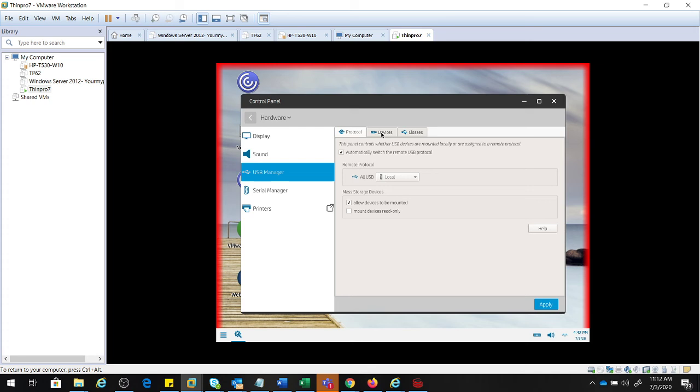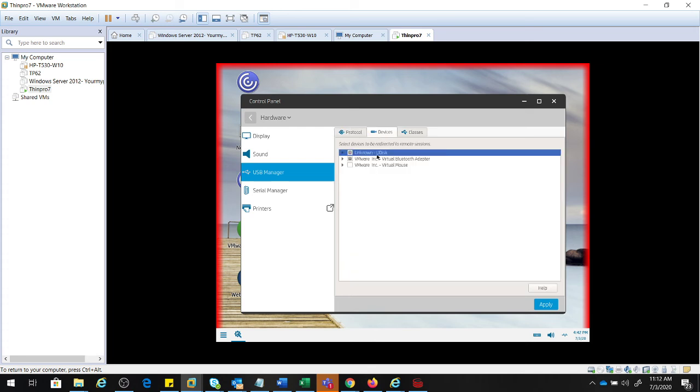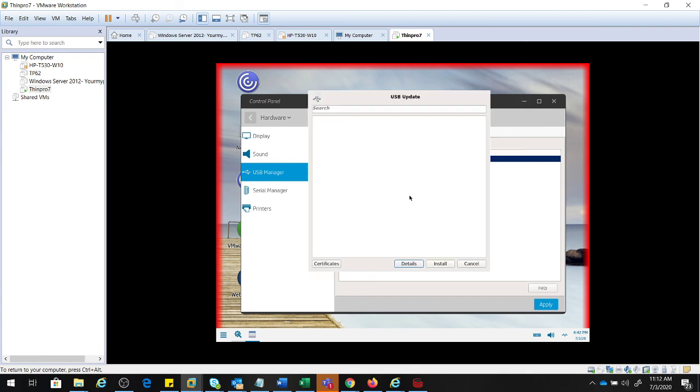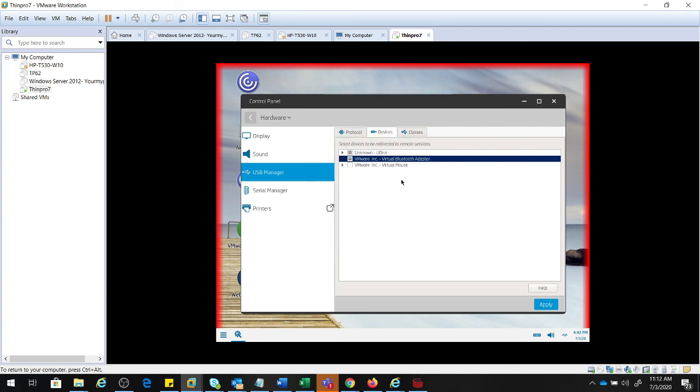Once you connect the pen drive, you can come to the device option. You can see the disk name detected. In case you have any software applications to be installed, normally when you connect the pen drive, it should get detected, and you will be able to see the list of software which you need to install. Now you are able to see the pop-up. In the pop-up, you'll be able to see the list of software. You need to select that and install. Once you do this, you'll be able to use your pen drive.